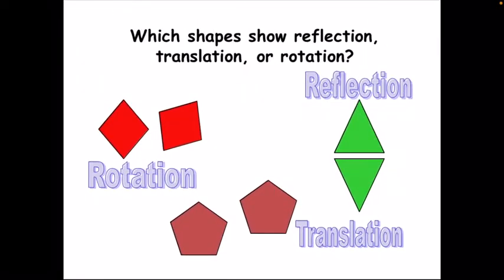now it is time for us to play a small game. Which shape shows reflection? Yes, obviously the green part shows the perfect match for reflection, and the red diamond shape shows the representation of rotation, and then the pentagon shows the translational order. So this is the difference between rotation, reflection and translation.